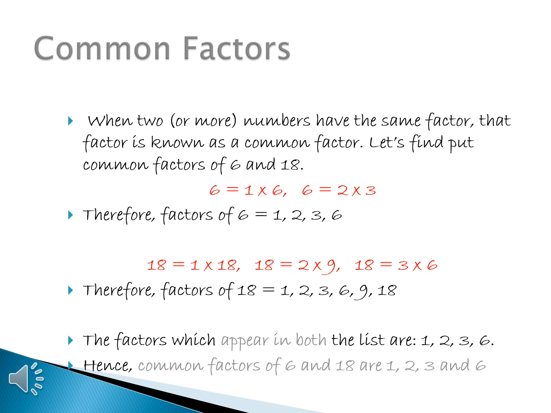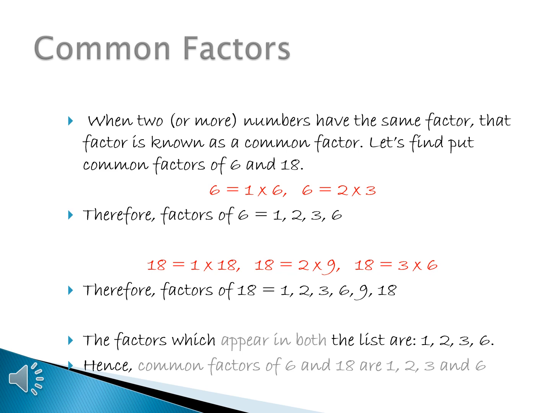All of you know that 1 × 6 is 6 and 2 × 3 is 6. So there are 4 factors of 6, which are 1, 2, 3 and 6. Similarly, we can find the factors of 18. There are 6 factors: 1, 2, 3, 6, 9 and 18. I hope everybody knows what factors are. Factors are the numbers which completely divide the given number.